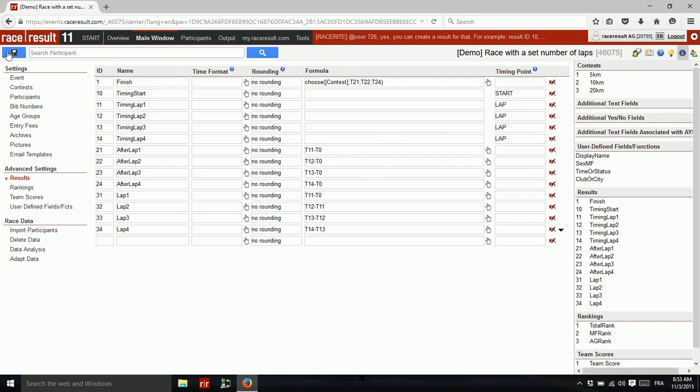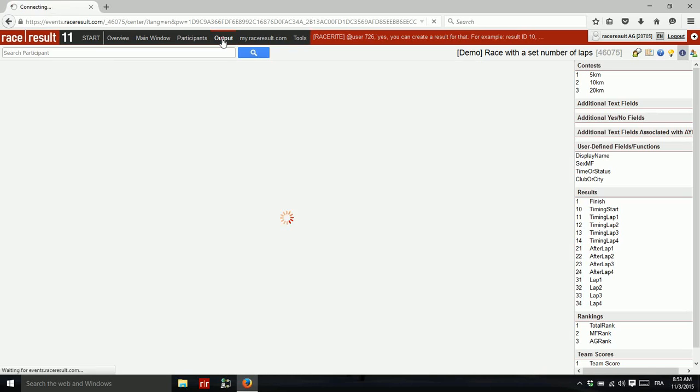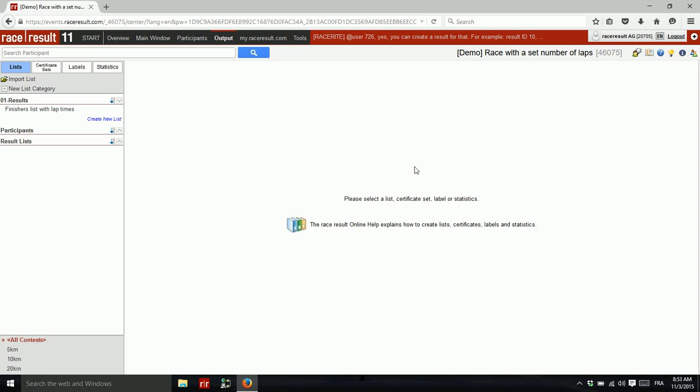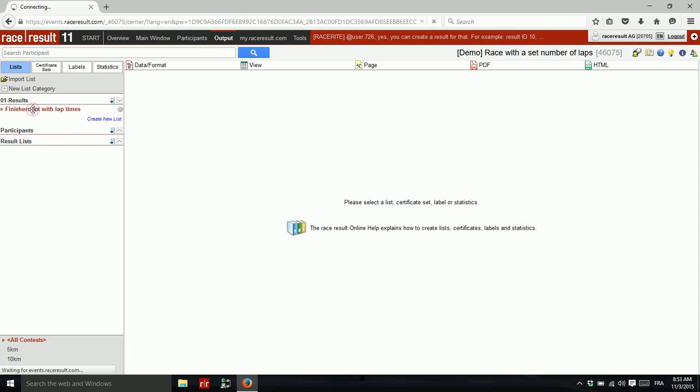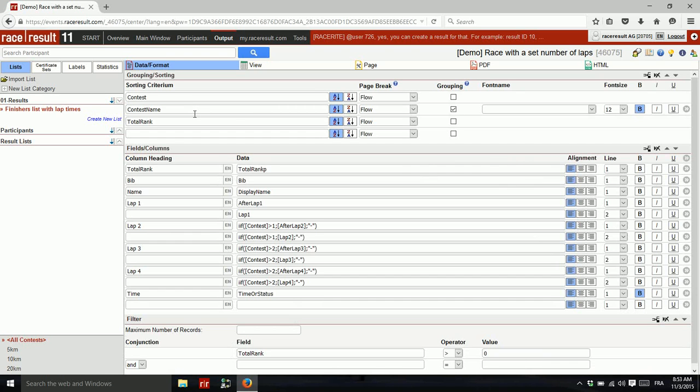All right. And then, as you can see, I created some sample participants, and then a custom output list where I put all my times and then all my splits. Okay, there you can see that if a contest is not supposed to have this time, then I will not display it and replace it by hyphens. So if I go to view,